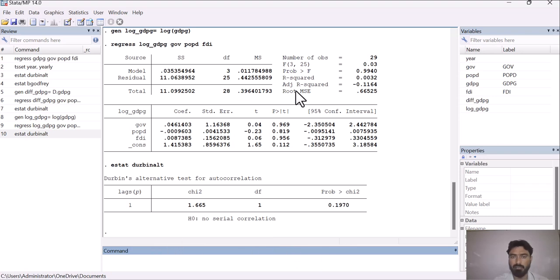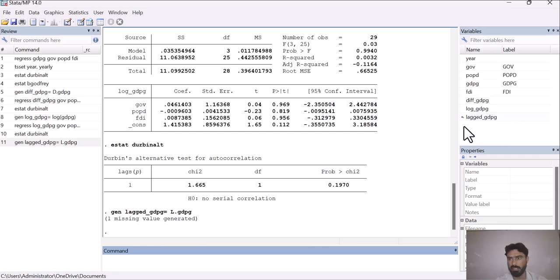And what is the third method? The third method is to take the lag of your dependent variable, and we will see whether this option can also resolve the issue of autocorrelation or not. The command for generating the lag variable is: gen lagGDPG = L.GDPG.